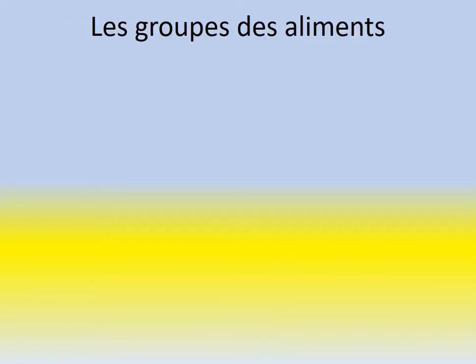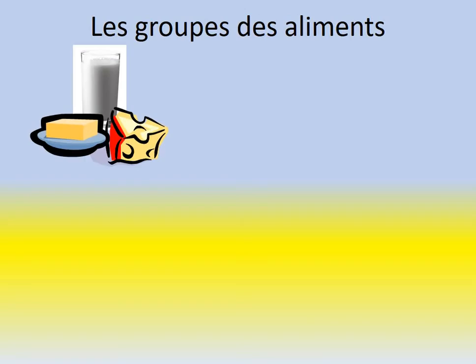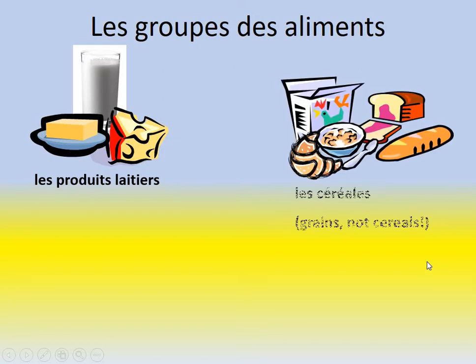Alright, so food then can be categorized into food groups. So here we've got les groupes des aliments. You can have les produits laitiers, so dairy products, lait being milk, and of course, I get my biology and food tech on here. Everything like this would fall under this category, les produits laitiers. Next, you might have les céréales. Now, in this context, it's important to understand that I'm talking about grains, not cereal. So, you know, cereal is included, but you've also got things like pastries, breads, that sort of thing.